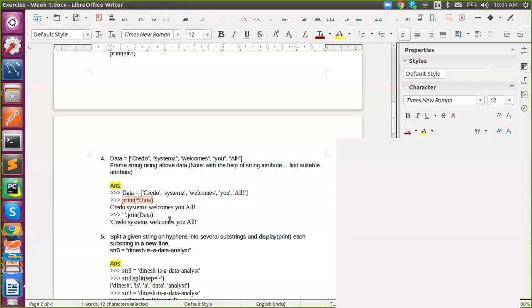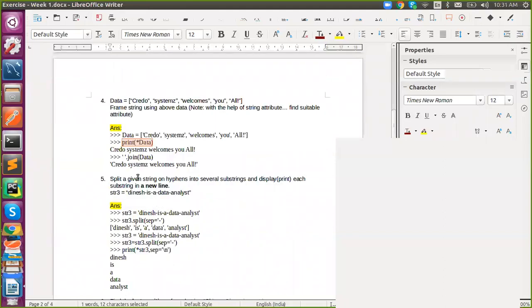You all know the star means unpacking, which we have seen in the last class, where we saw string formatting. What is star? Star will unpack each and everything, and it will frame a string. But I said frame a string, so this is not an answer. It is just a print. This is actually printing the content inside a list, not as a string. It will extract the content out of it and print each as an individual string, not a complete string.